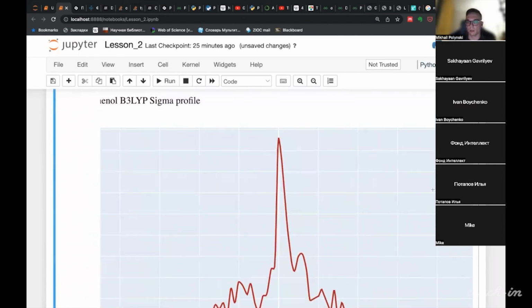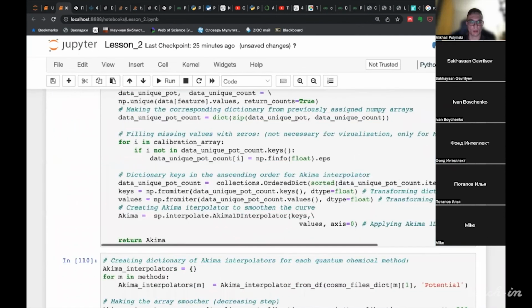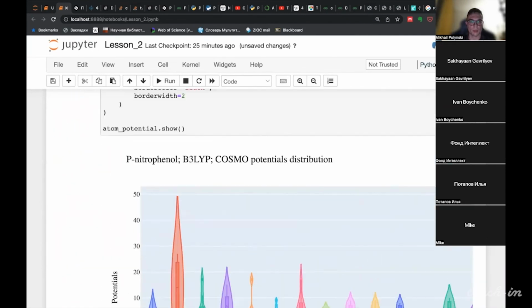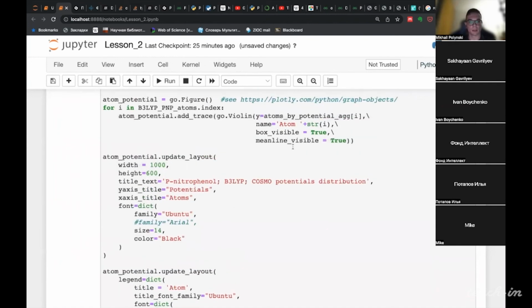And here, you should know that the Plotly library allows you to customize your plots in every possible fashion.